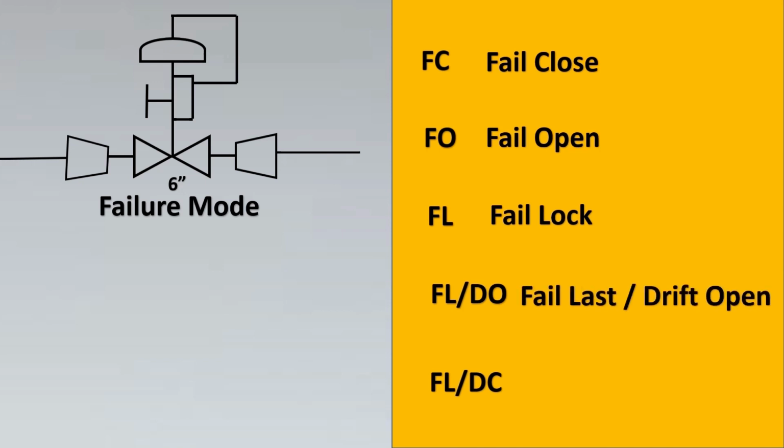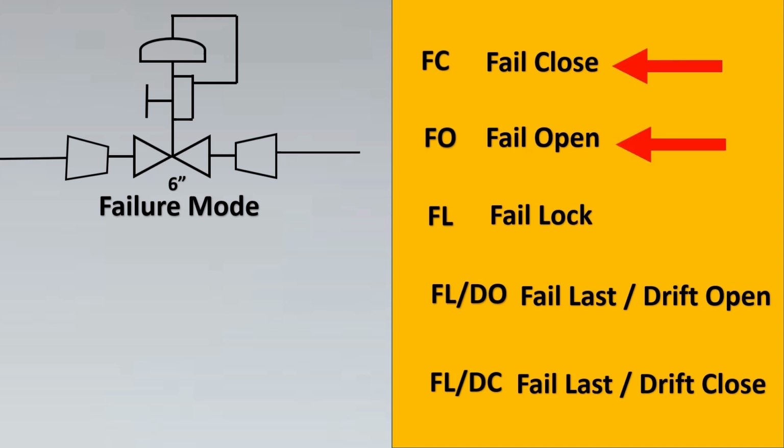Now, FLDO stands for fail last drift open. Remember, this is different from fail lock. Why? Because in fail last position, it will just remain wherever it was, and eventually with the help of flow, it will drift to its open position. Similarly, FLDC stands for fail last drift close. Here, the valve is going to remain in whatever last position it was in when the air supply was cut off, and then it will eventually drift to its closed position. So the flow will try to push it in such a way that it leads the plug into its closed